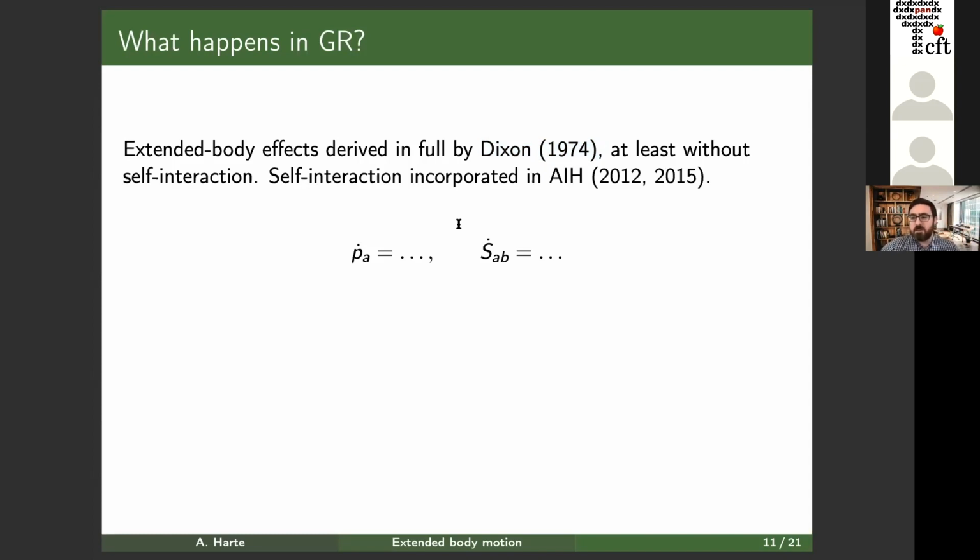Okay, so what happens? I don't want to go into the details again, but you have some, let's say, translational degree of freedom. So you have a linear momentum, which has some evolution equation. You have some angular momentum, which has an evolution equation. You also have these things in Newtonian physics, but here it's a little more complicated because you have, for example, a spin curvature coupling, which shows up in here. Okay, fine, it's whatever it is.